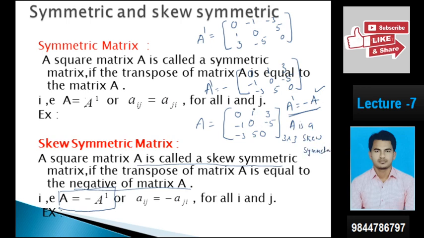It is not symmetric, it is skew symmetric. Why is it not symmetric? Because these two elements are not the same. In the symmetric condition they will be the same, but in a skew symmetric matrix the elements will be the same but with opposite sign. See here, 1 and minus 1. If it is 3, here minus 3. If it is 5, then minus 5. The principal diagonal elements are always 0, and later I will tell you the condition.